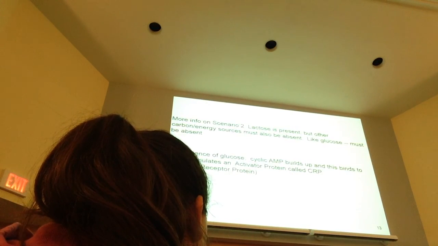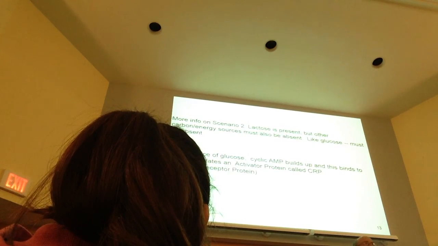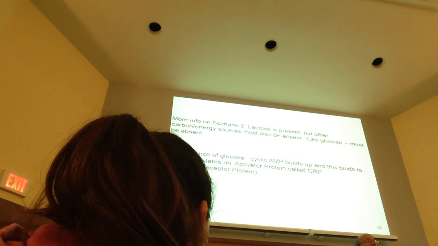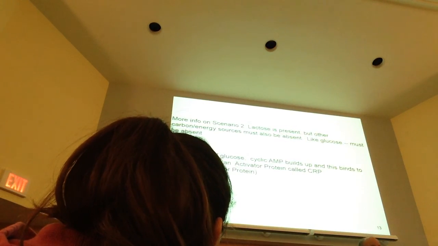So in the absence of glucose, cyclic AMP builds up, and this binds to and stimulates an activator protein, which is called cyclic AMP receptor protein. So it's pretty interesting that the lac operon actually has a repressor protein that is involved and an activator protein that's involved. And both are required. The repressor has to be off and not repressing, and the activator